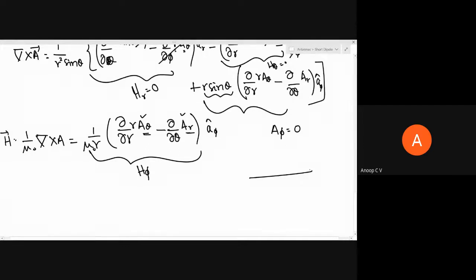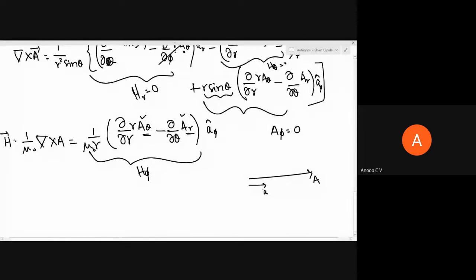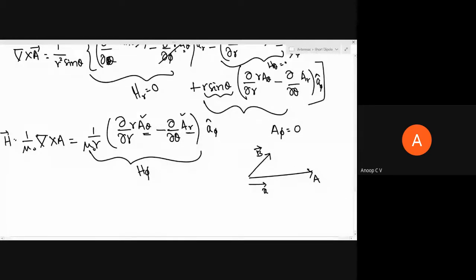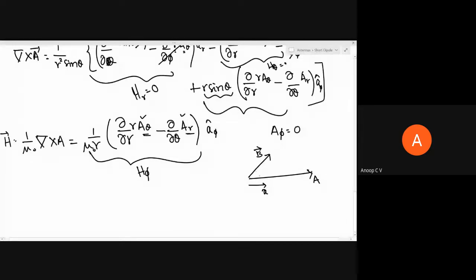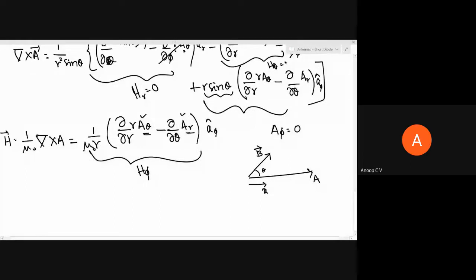So you have a vector A, and a cap is a unit vector along vector A, and you have another vector B. My question is, what is the component of B along the vector A? If this angle is theta, what is the component of B along vector A? The component of any given vector along any given direction will be given by, I'll write here, the component of vector B